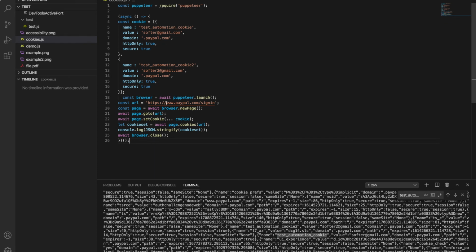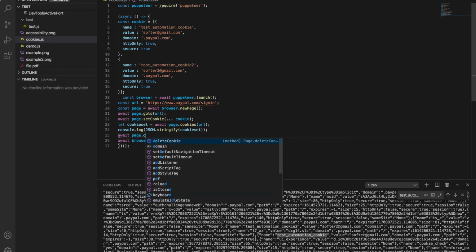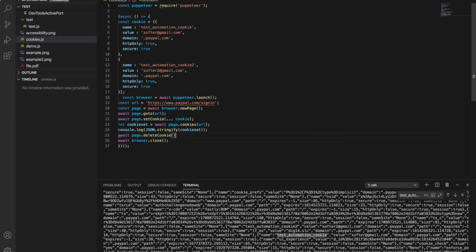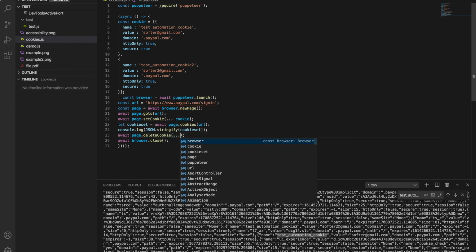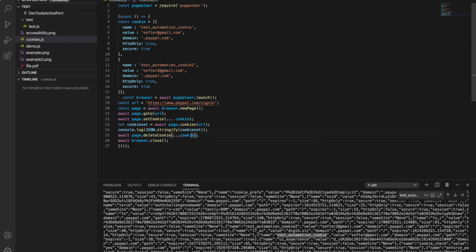Now let's try deleting those cookies we have created. So let's await page.deleteCookie, and we have to pass this cookies array we have created, and let's print those again.